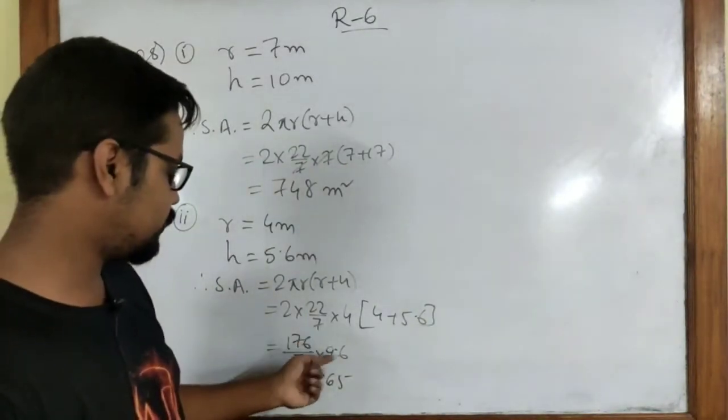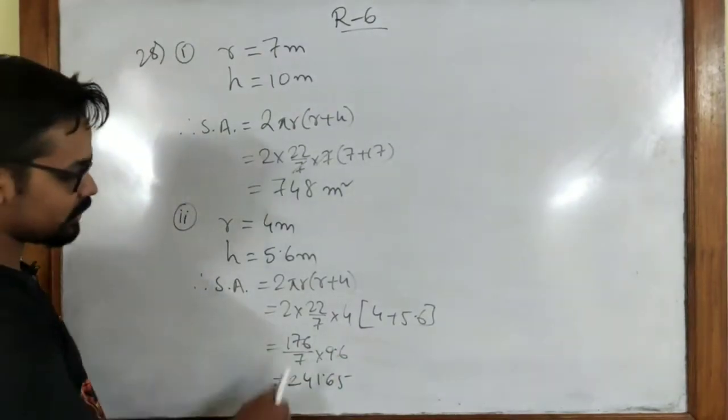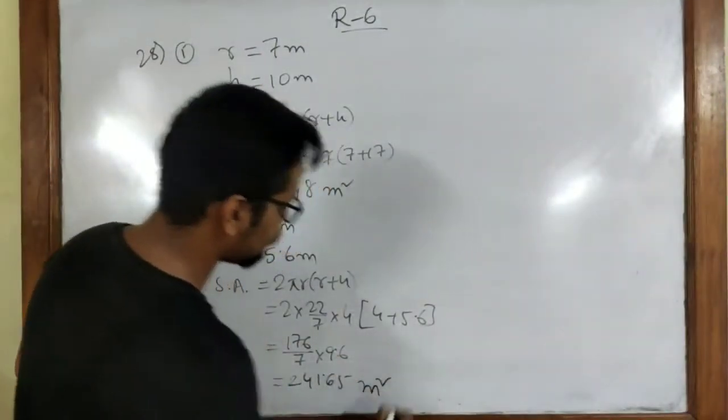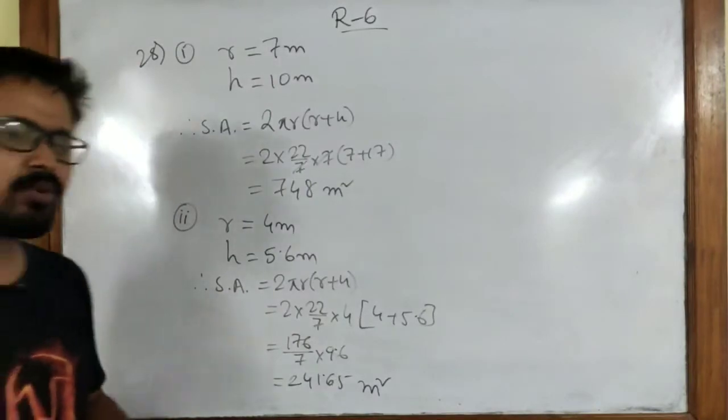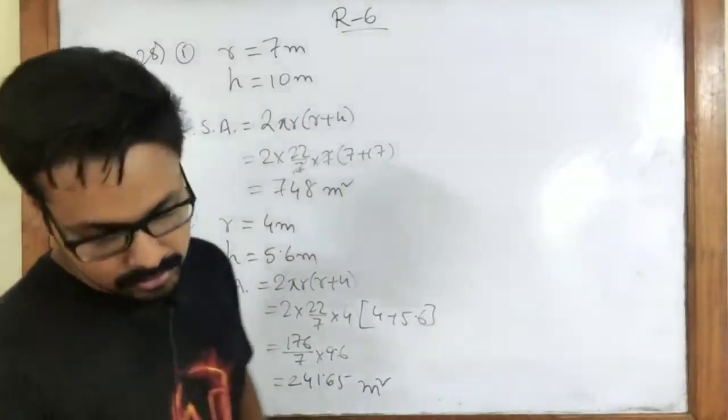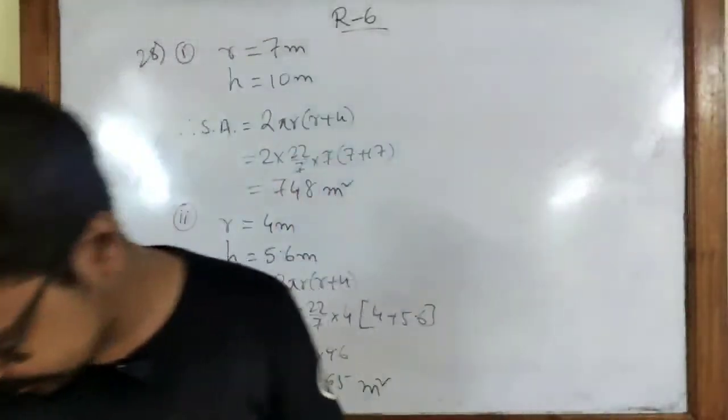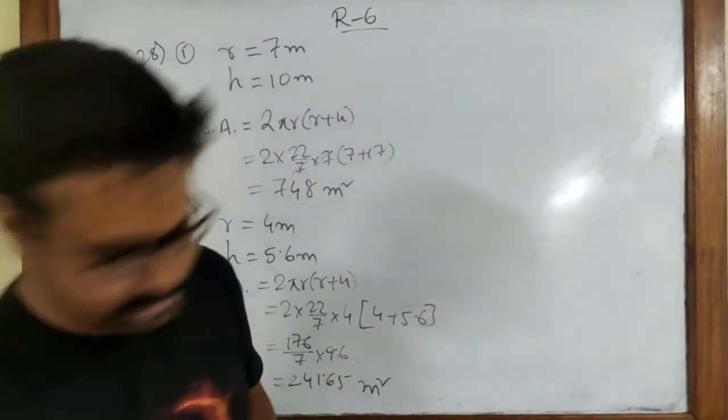Okay, this will be okay, done. So this is the answer that you get. This is meter square. So it's almost equal, so I think that will not be a matter. But the last one does not match the answer. So last one is given, perimeter of the base is given.